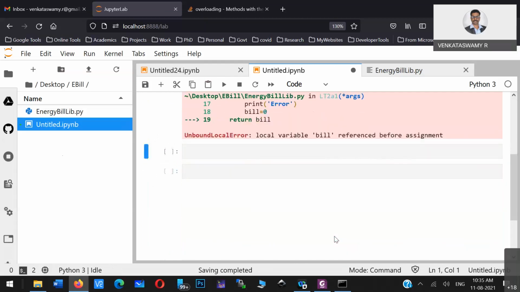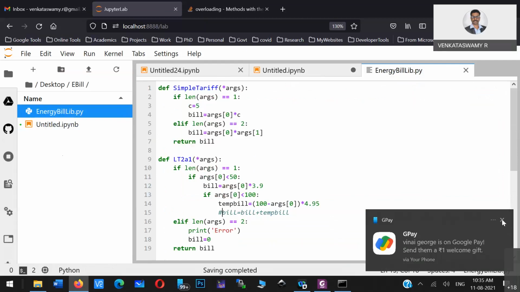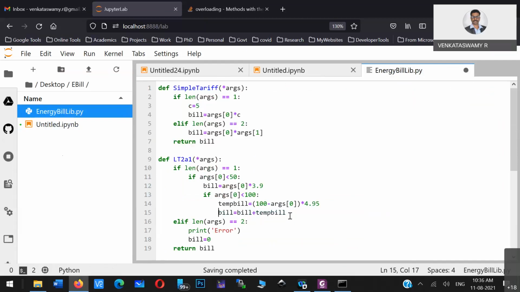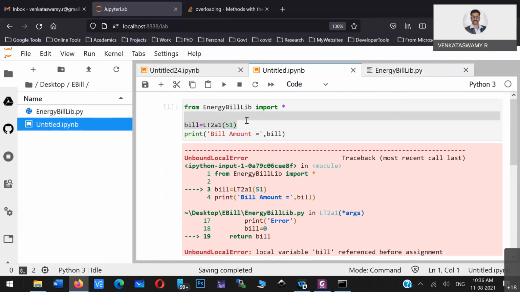Local variable. Any mistake you will find in this particular program? Can anybody? After adding this particular code, I am getting an error. If I remove this particular part, then it works fine.